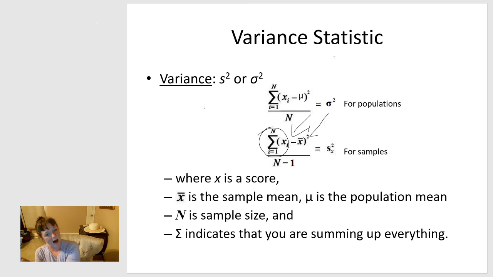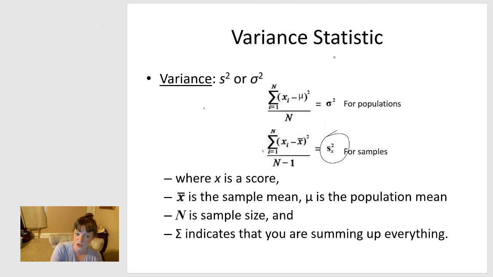If you're calculating for a population, you use the symbol sigma squared, and you simply divide by n as your final step because this is an average. That's your last step. Divide by the total number of scores. If you're doing it for a sample, on the other hand,